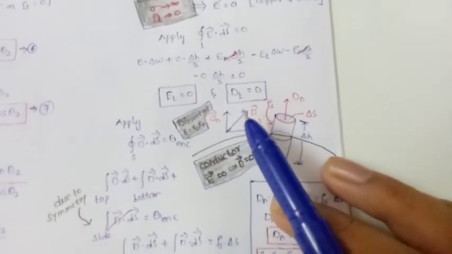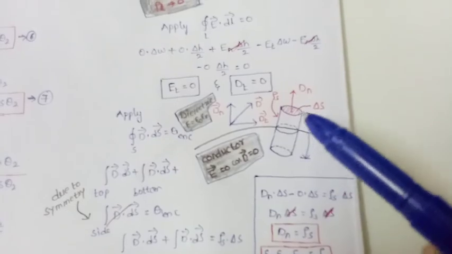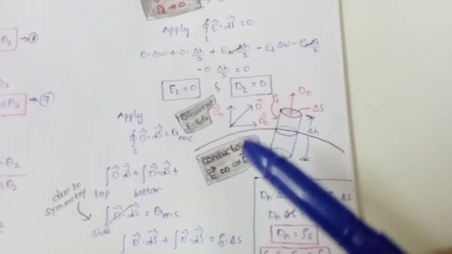Now I am going to consider the second Maxwell's equation. Observe this. Once again I am going to consider the cylindrical surface, conductor, and this is a dielectric. Then